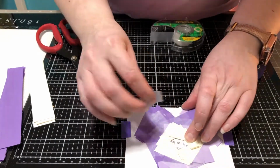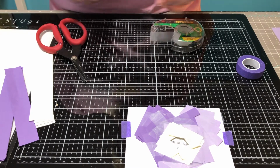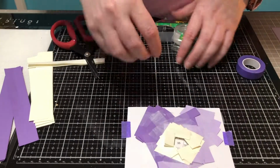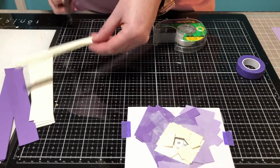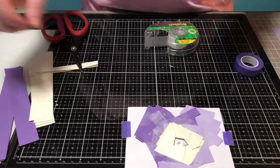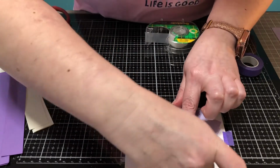Some people like to use a contrasting pattern or design for this just because it highlights the iris in the iris folding. Some people like to have it monochromatic, and I'm just going to continue using the ivory, or maybe I'm thinking now as I'm talking to you guys, I might actually use the dark purple, I think is what I'm going to do. So continue. And see, if you could tell, I'm not sure how well you can see this on here, but if I was using cardstock, this would be so bulky, so heavy to lay